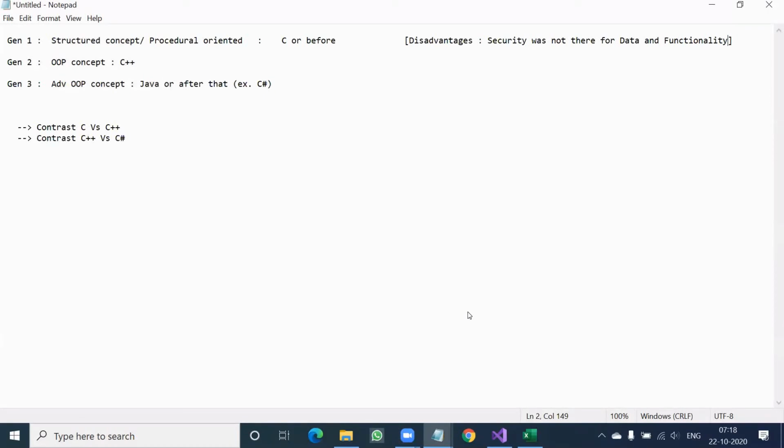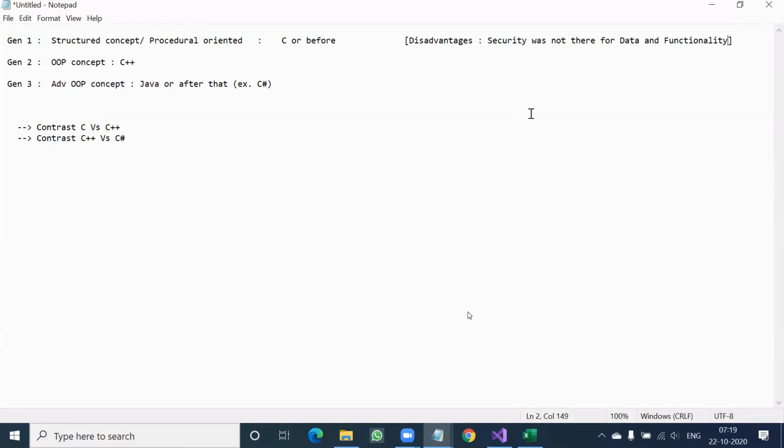That means any stakeholder using that application, there is no technique that if I have X, Y, and Z 3 data, X and Y should be available to salesman, and all X, Y, and Z should be available to manager. That kind of technique was not there. So in a single word, we will say security was not there.